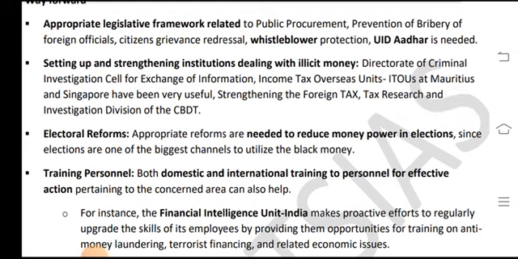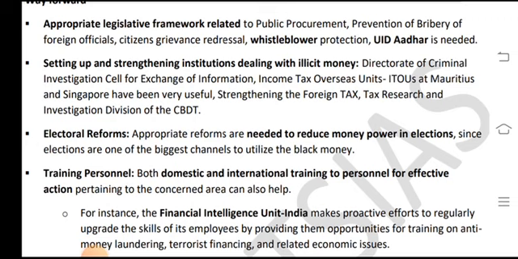UID and Aadhaar are needed, along with setting up and strengthening institutions dealing with illicit money, such as the Directorate of Criminal Investigation cell for the exchange of information, and Income Tax Overseas Units (ITOU). Aid from Mauritius and Singapore has been very useful in strengthening foreign tax investigation, a decision of the